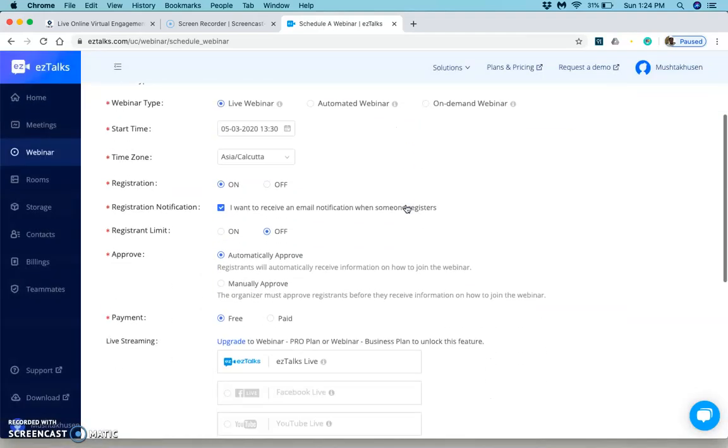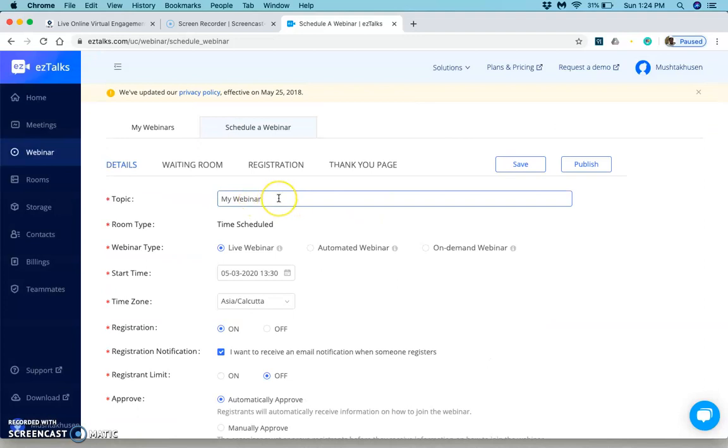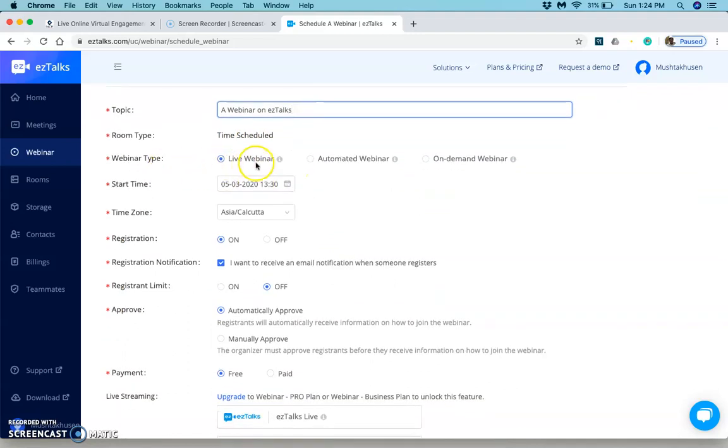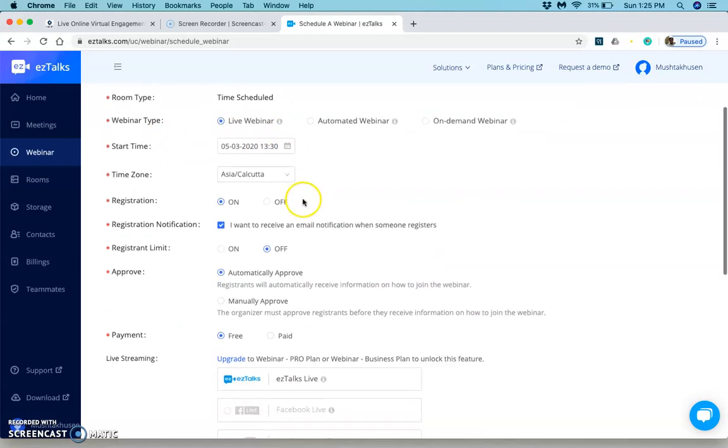Then here you can see, so you can write a topic, a webinar on Easy Talks. So now here again, time schedule, room type is time schedule, then webinar type, it is live. So I'm not going to change any start time. So time zone, you can select your own time zone.